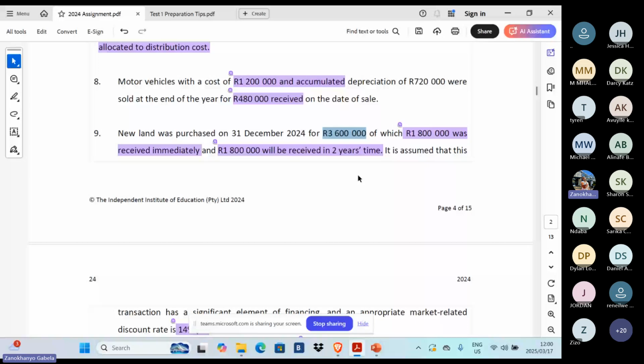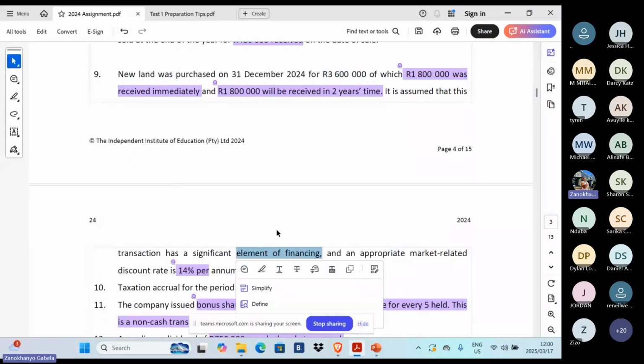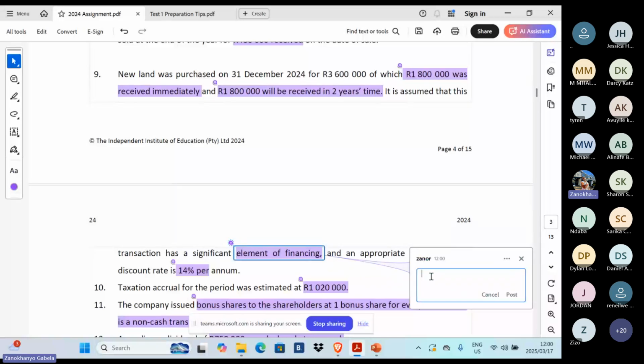We're going to credit the payables, yes, by the present value. So there will be two transactions in here. Let me just write them down so that you don't forget. New land was purchased, so debit land because it's increasing. Debit land, so it's going to be 1.8